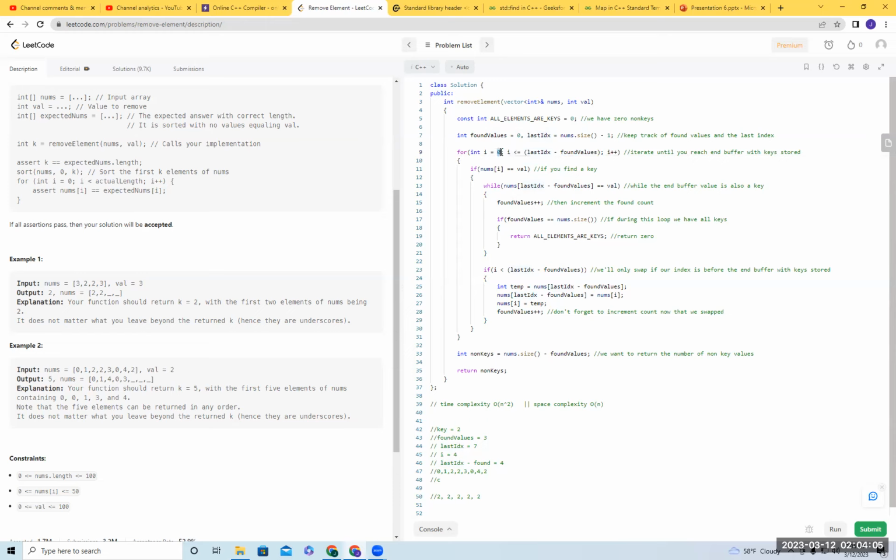So it's going to go from index 0 to the last index, assuming that you find no keys. But as you find keys and you fill that buffer, then what we're going to do is stop short. I hope that makes sense. Feel free to rewatch that section to see if it makes sense, but I'll go ahead and